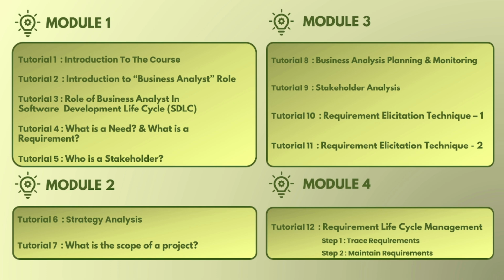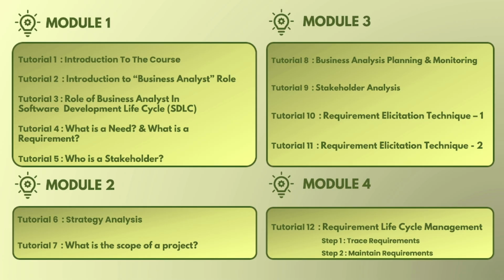Module 2 focuses on the BABOK knowledge area strategy analysis, where we learn how to define business needs, assess organizational capabilities, and recommend effective solutions. Module 3 dives into business analysis planning and monitoring, that is BAPM, another knowledge area of the BABOK guide, where we explored how to plan BA work, identify stakeholders, choose the right elicitation techniques, and monitor the performance of BA activity. In the previous tutorial, we began exploring RLCM, that is Requirements Lifecycle Management, which is another